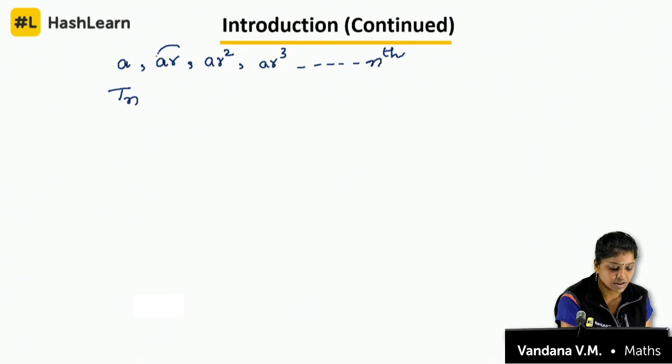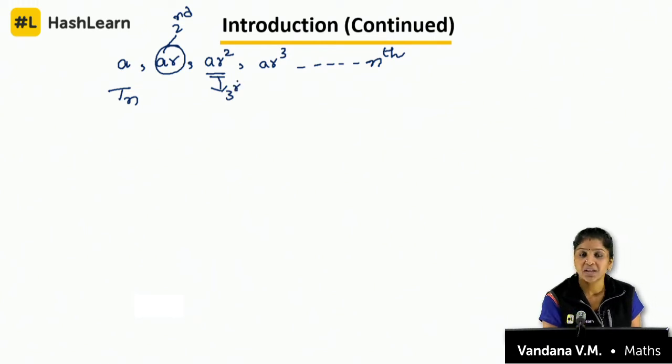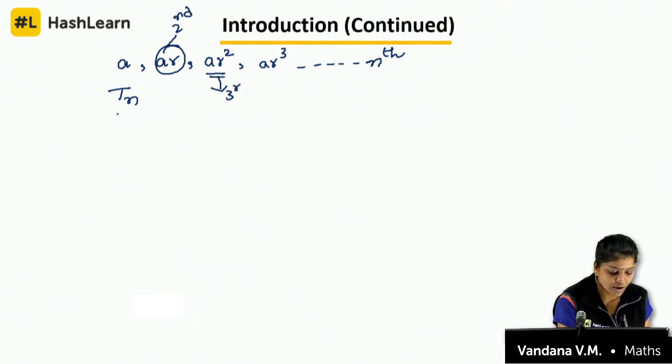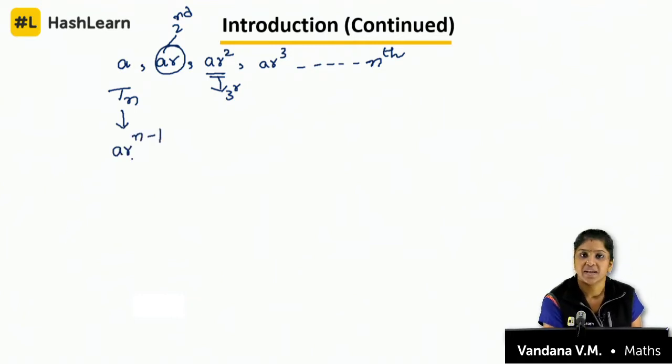See here, this is your second term. This is your third term. Third term means AR square. If I want the nth term, AR power n minus 1 is called the nth term. Clear, children? Now,